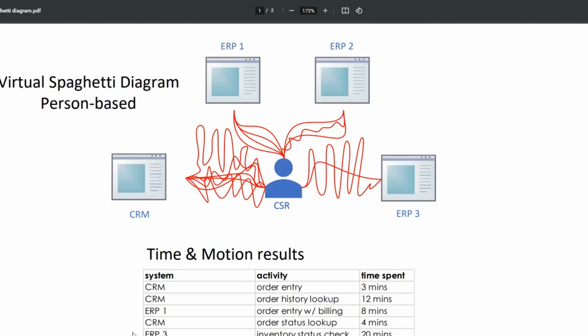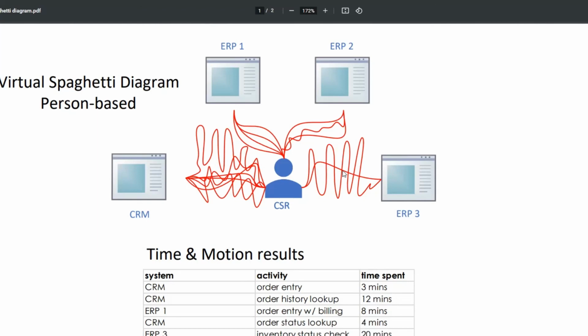Well, yeah. So maybe in one of their calls, they had to do an inventory status check for a customer, and that took them a long time. It took them 20 minutes to do. So this is a little bit interesting. You can see in the time observed, this customer service rep used ERP3 twice. One was pretty quick,